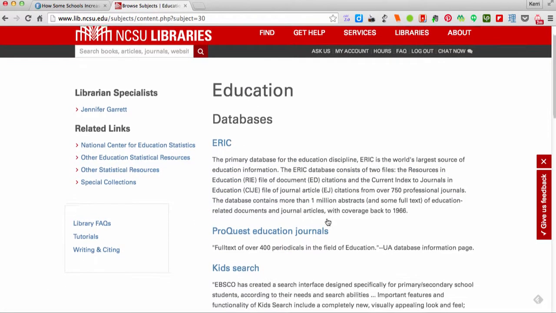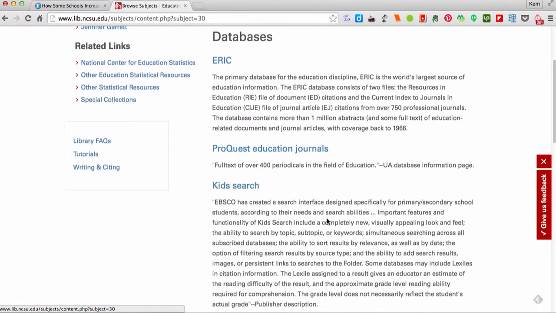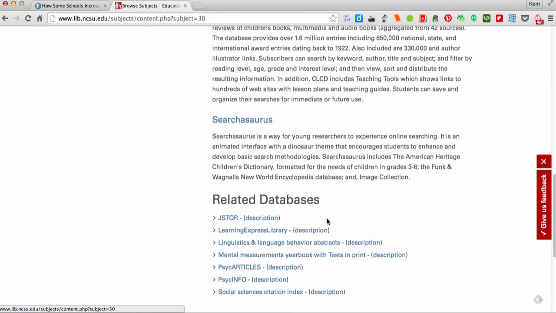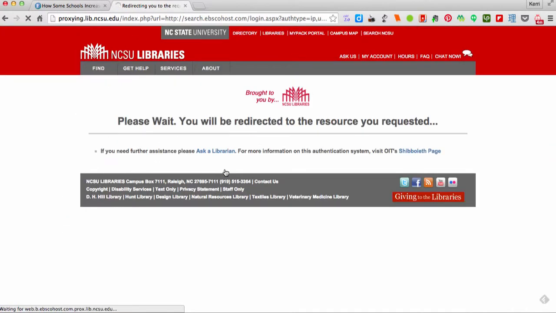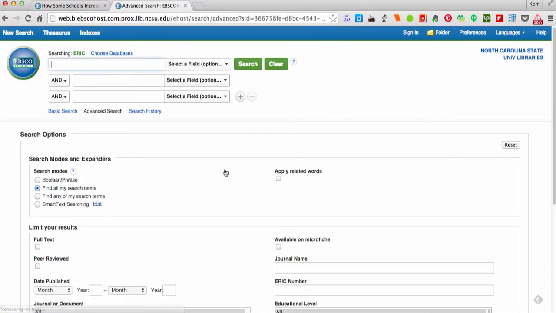You will notice a series of databases, or sort of warehouses of articles, ebooks, etc. that all relate to education specifically. We're going to use ERIC. When I click on ERIC, it's possible I'll have to log in with my Unity ID. In this case, I didn't have to, and I'm going to jump right in with a search on improving graduation